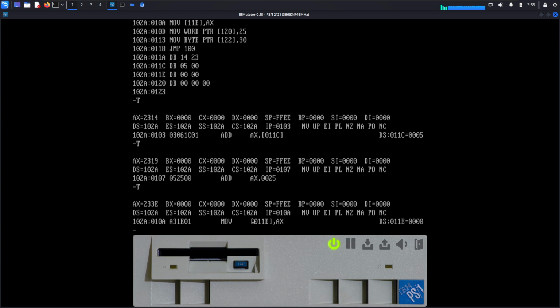So the third instruction was to add 25 to the value in the AX register. If we add the hexadecimal value 25 to 2319, we get the value 233E. So this is the hexadecimal value again. And the fourth instruction is to store whatever is in the AX register in the 11E